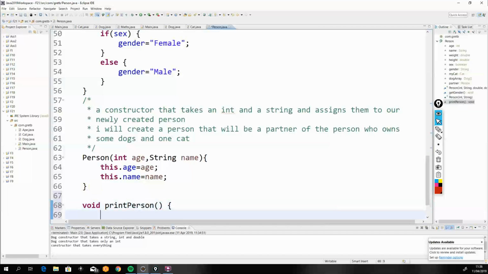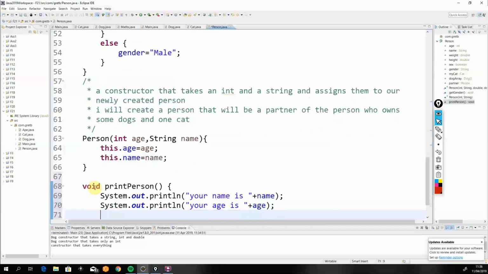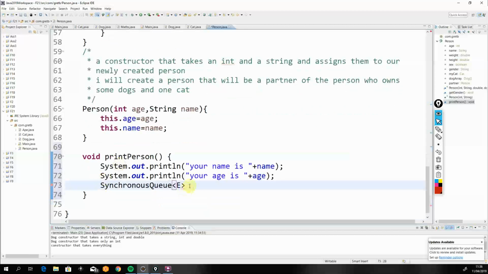Now, the first part I'm going to say is your name is plus name, your age is plus age, next one is your height is plus height,